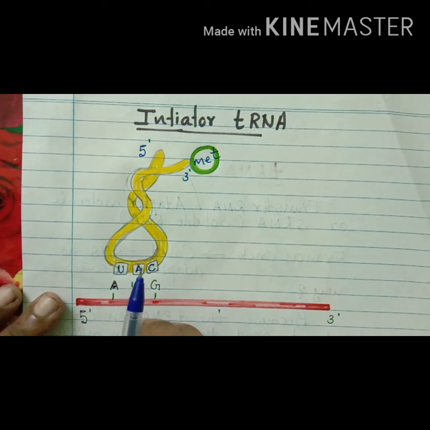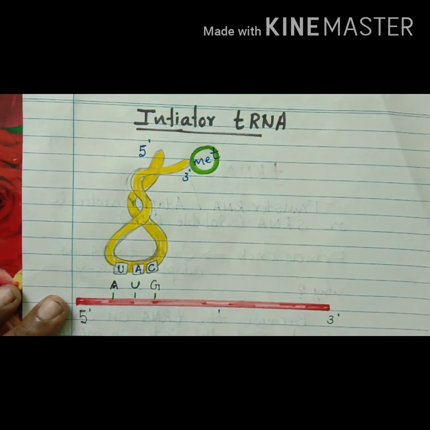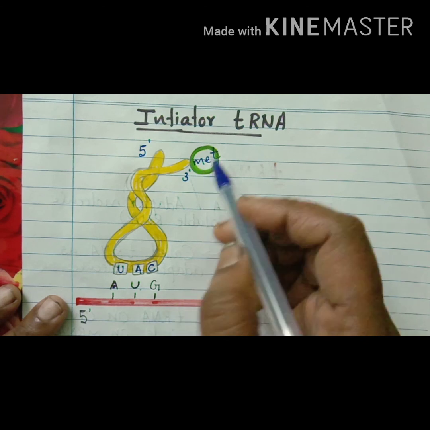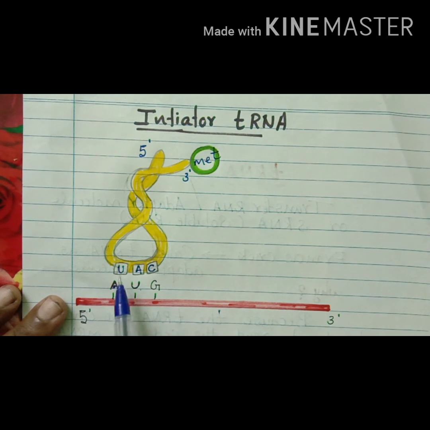Usually it may ask, draw the structure of initiator tRNA. At that time you can draw the tRNA and draw an mRNA also like this. And the difference is the first codon is AUG because this is the initiation codon. And it is coding for which amino acid? Methionine. So the methionine is brought by the particular tRNA with the anticodon UAC.